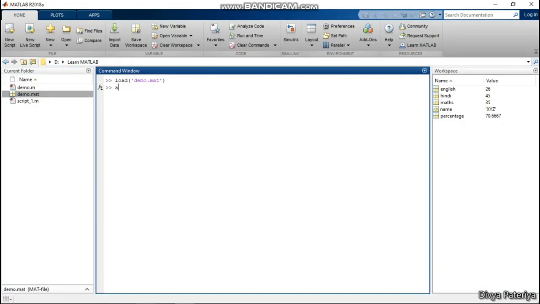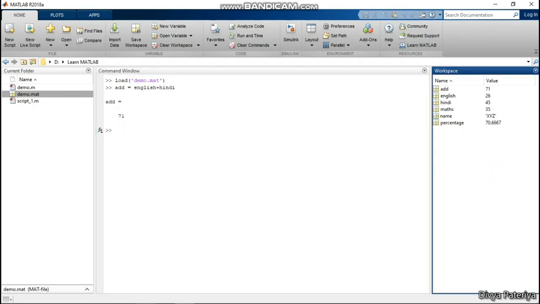Suppose I want to add maths marks. Suppose I am naming it add and I want English plus Hindi, and now I can see I have 71. So I did not run a script file, I had just saved the workspace and now I can use the